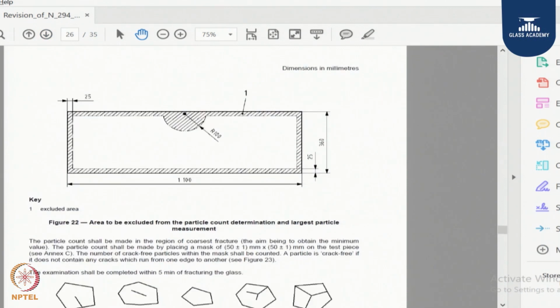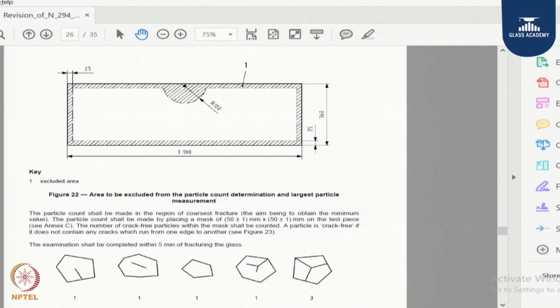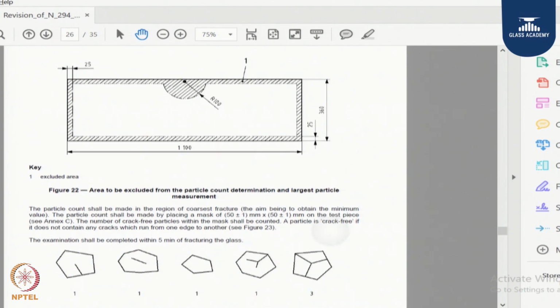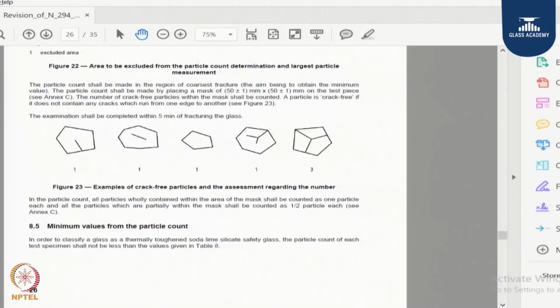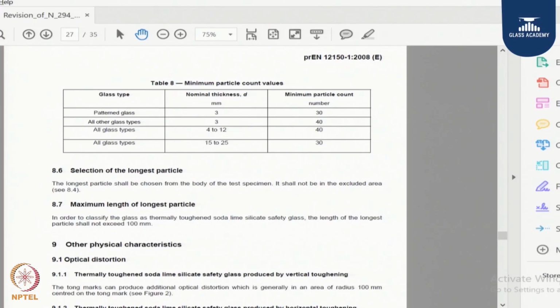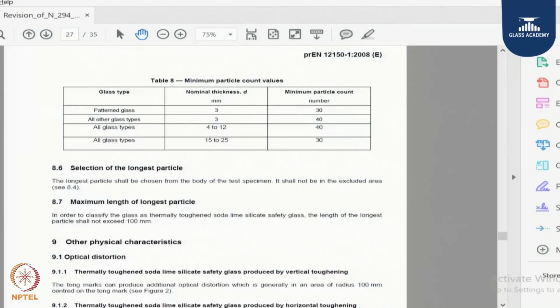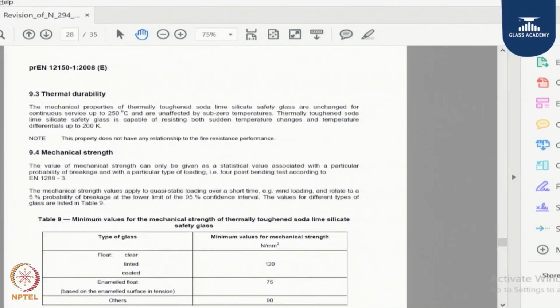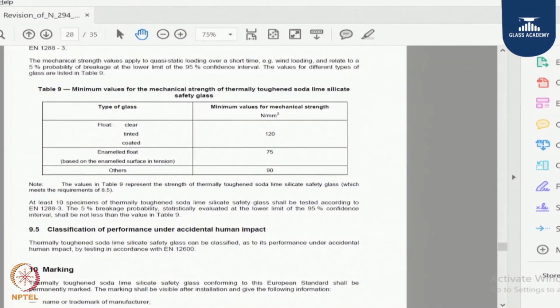We apply a protective film so that the glass shall not scatter. When we punch the glass, we leave a 100 mm arc length, and we also leave 25 mm on all four sides of the glass, and we see the particle counts. You can see the particles we get in this pattern. As per the standard, if I am breaking a 6 mm glass, I should get a minimum of 40 particles when measuring in a 50 by 50 square plate. Along with that, we now need to understand the other method, which is a non-destructive method.